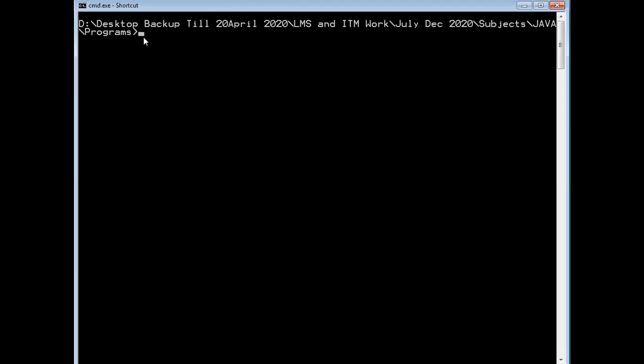Here is one important doubt. Many of you have this doubt: sir, is it required to store the program or your code inside your bin folder, just like in C or C++? We are not supposed to store it inside that in C++ either. It is not mandatory. We can change the path also, but by default it is stored inside your bin. Here also, some programmers or some people are very comfortable storing the program in the bin folder of your JDK. But it's my suggestion as well as recommendation to all of you, don't save your program inside your bin folder.